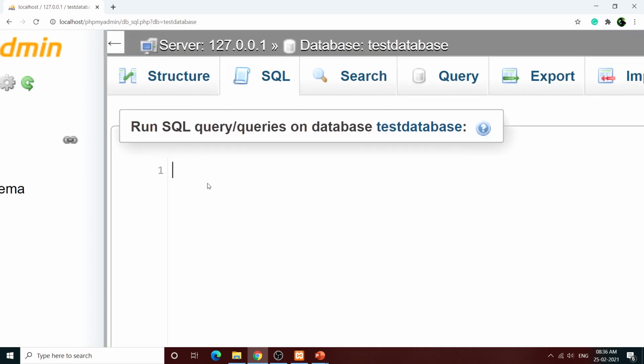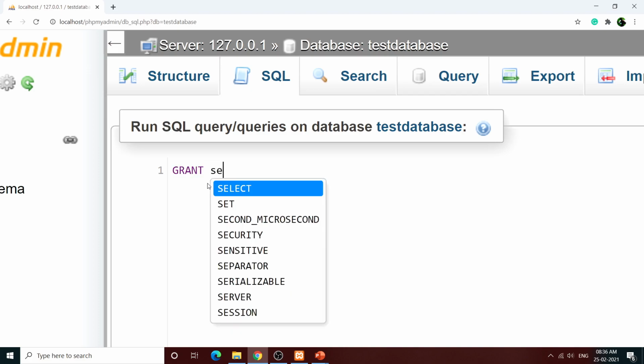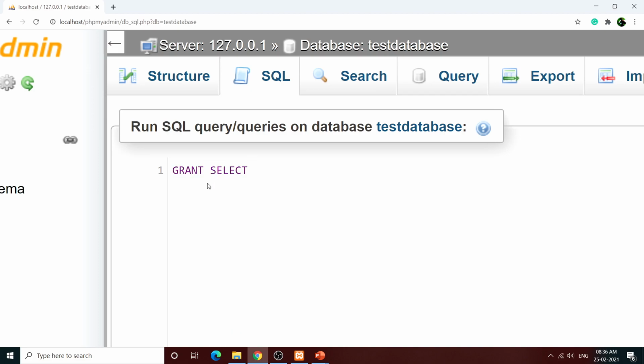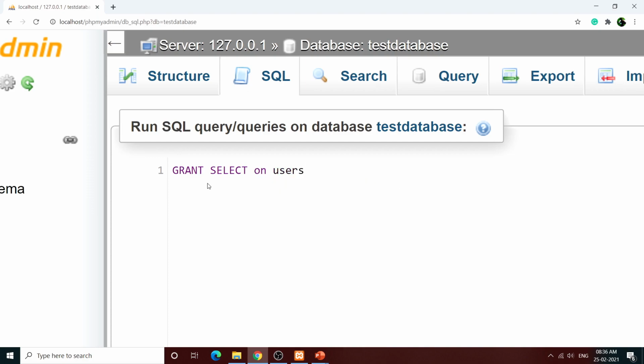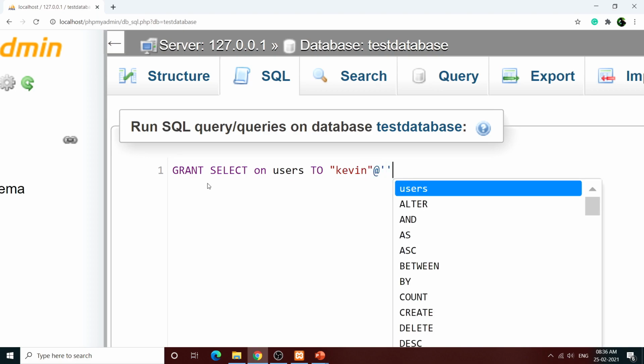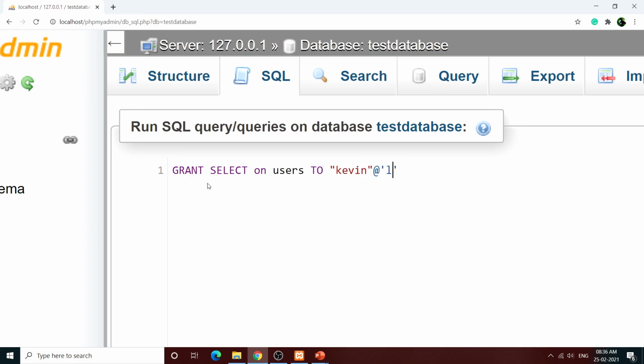Now I will grant some permission to it. Let's say I will say grant, I'm only saying select on users to Kevin at the rate localhost. So what I'm saying is I'm granting this privilege select to Kevin on users, which means it will only be